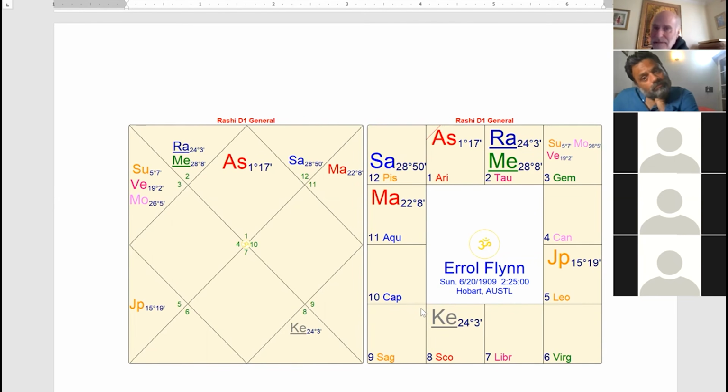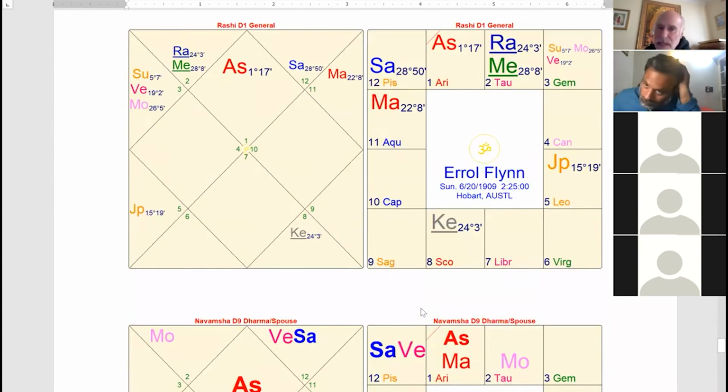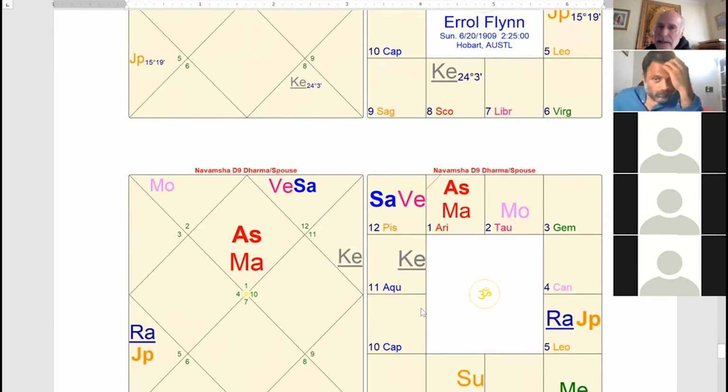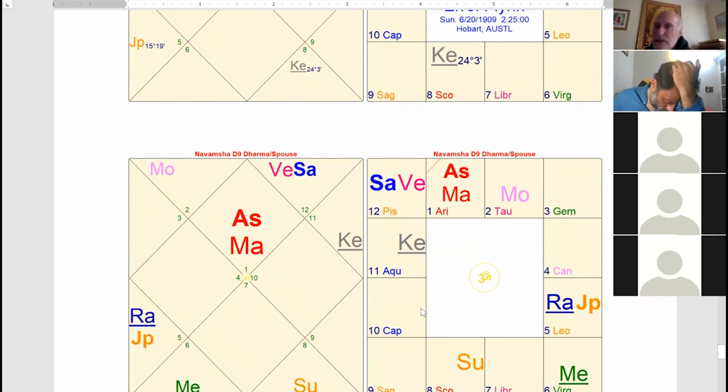So you can see here, my point is that the Moon and Venus here are giving very strong results. Now, what's extraordinary about his chart, I mentioned in the article that when you have a lot of planets in Pushkar Navamsha or in Vargotama conditions in the Navamsha or other good dignities, then it really raises up the quality of a horoscope. Look at this Navamsha.